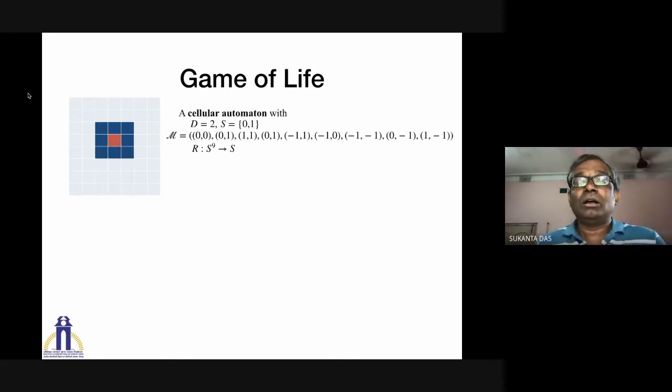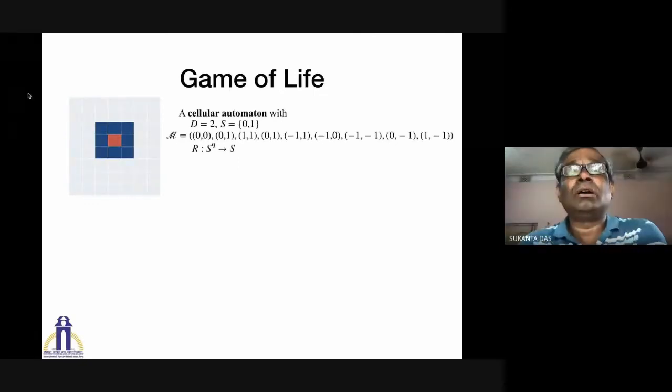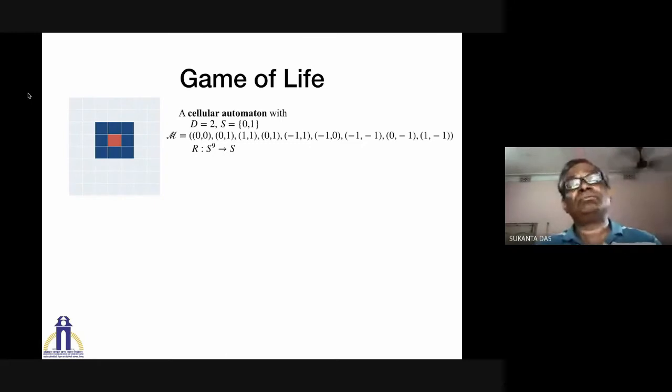Okay. So this is my definition. This is my specification for game of life. Here I have just declared the rule, but the rule is not defined. So to get a cellular automaton, you have to define the rule, you have to state the rule. So the rule definition,